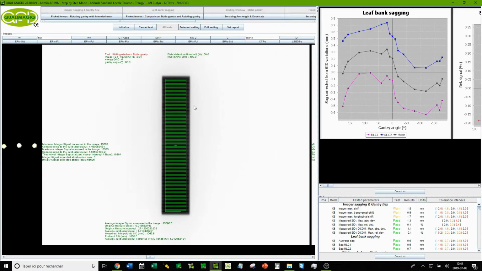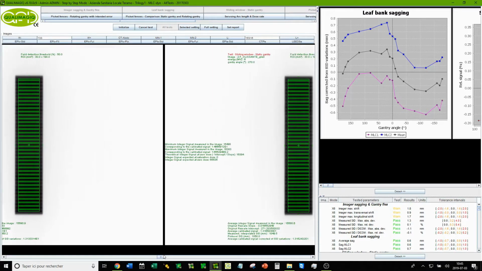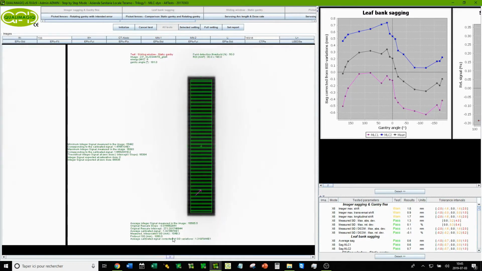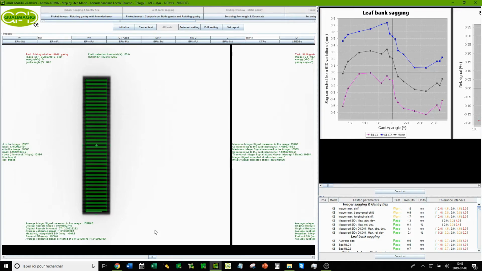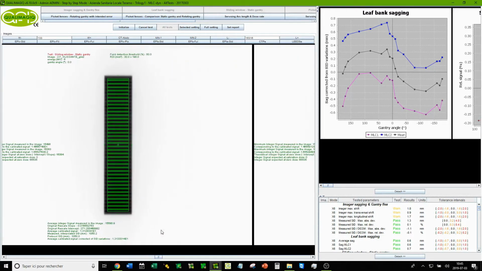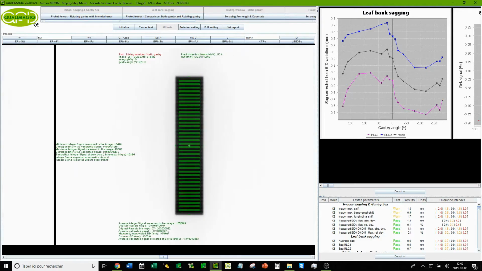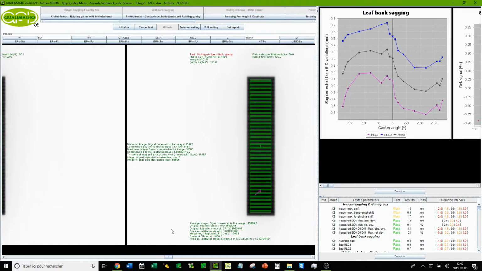The original publication by Ling recommended a global test with a ROI which includes the total field such as this, and we added an individual test for each leaf pair. Green indicates that the variations according to gantry angle are less than 2%. We see that individually and globally the tolerances are respected, meaning that the linac controls the speed of the MLC